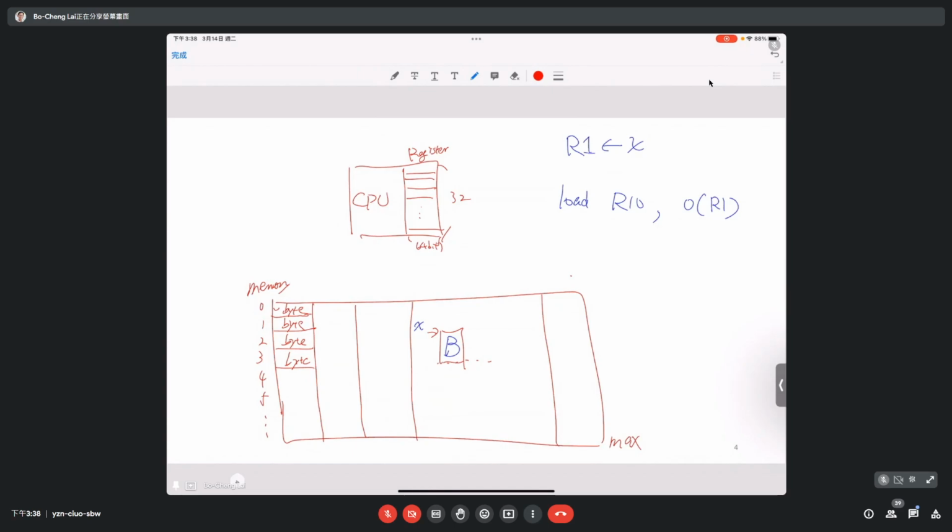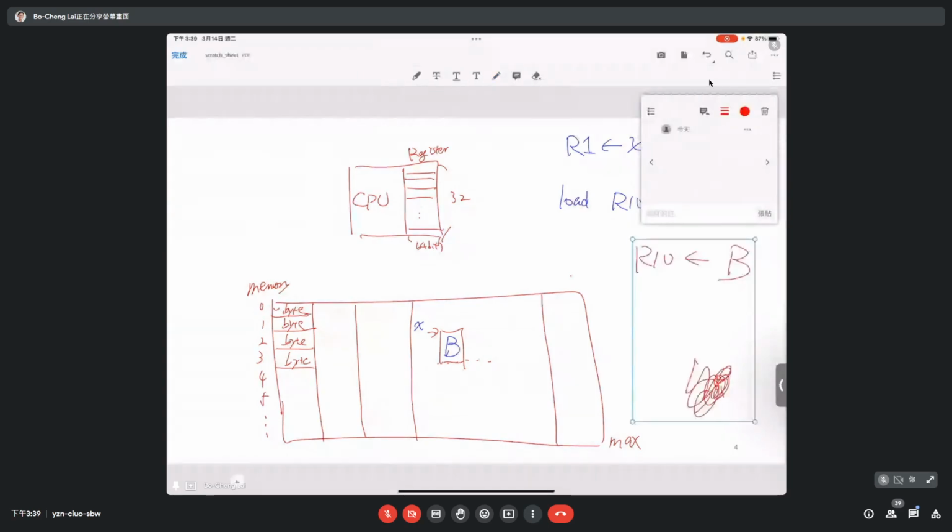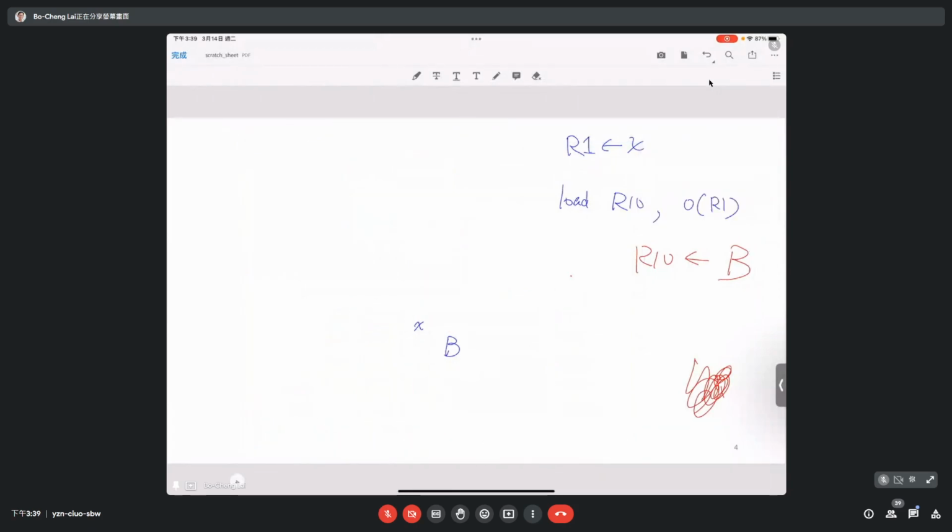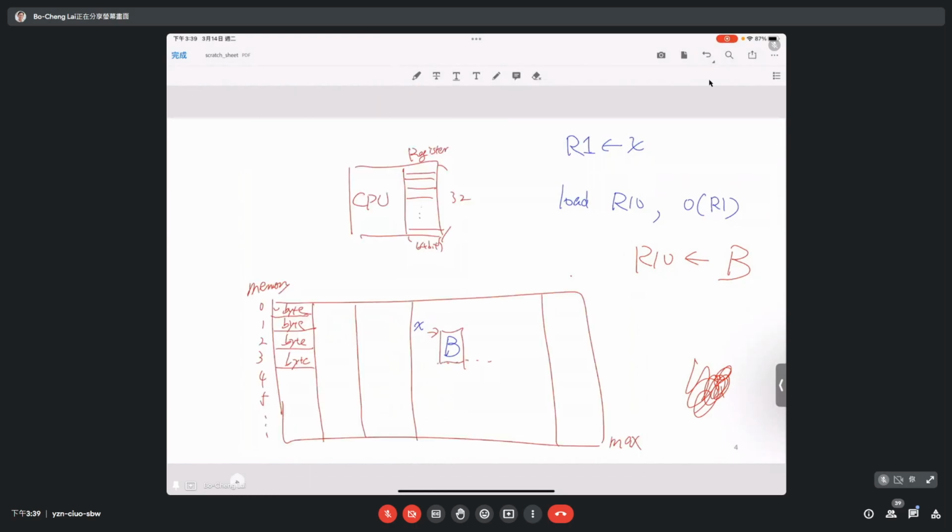Is that okay for everyone? 为什么没有出来？好，这个 OK 吗？到这边为止，B 出来了哈，B 在那里。OK，可以哈。